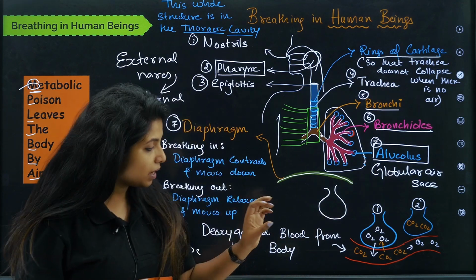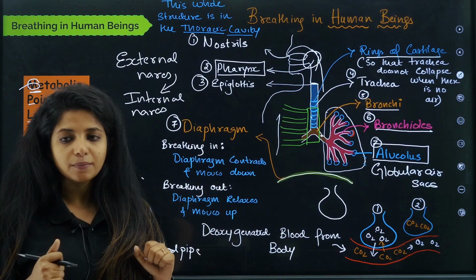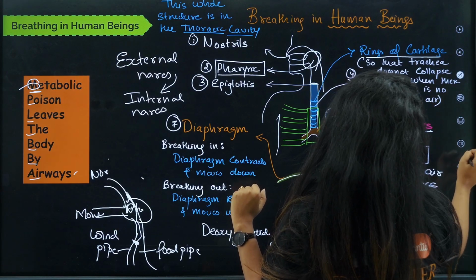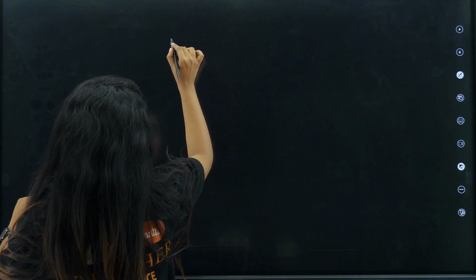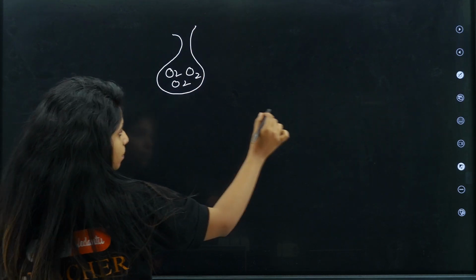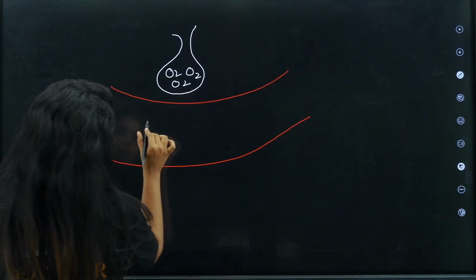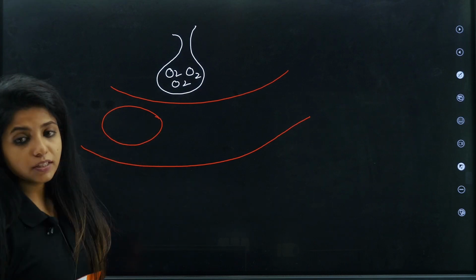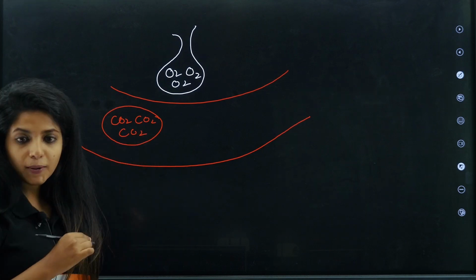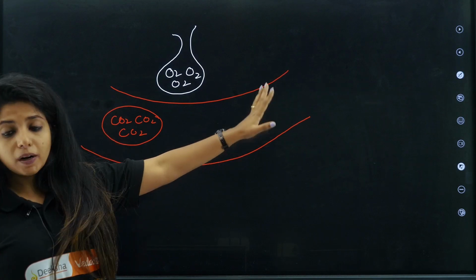Now I have too much amount of oxygen. Okay. Now in my blood vessels there will be cells. And what are these cells carrying, my dear children? This is the alveoli, which is having too much amount of oxygen because I just took a breath. And then over here I have blood vessels, which is having blood cells. What are these blood cells carrying, children? They are rich in carbon dioxide as of now. Okay, because they went to other cells, they gave the oxygen and they took back the carbon dioxide. So this is the deoxygenated blood that is coming around here.